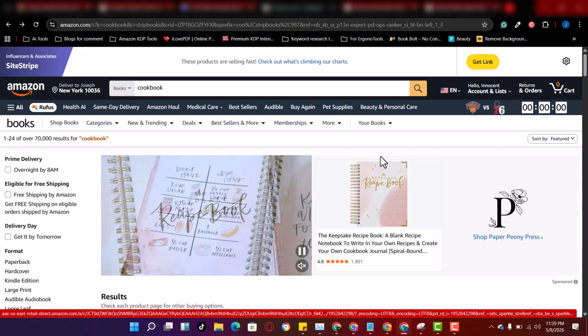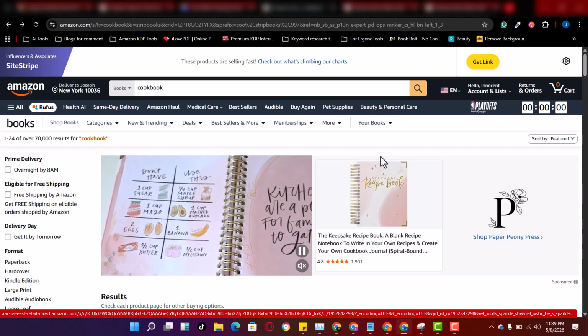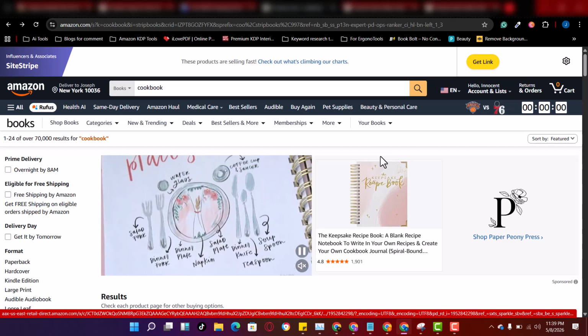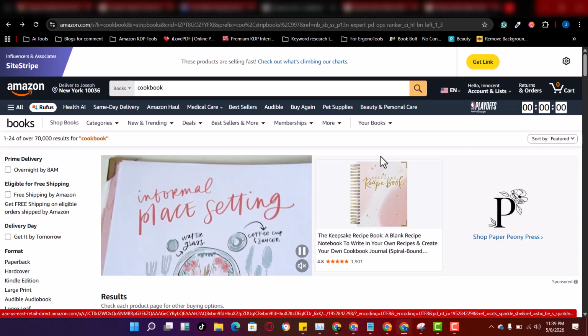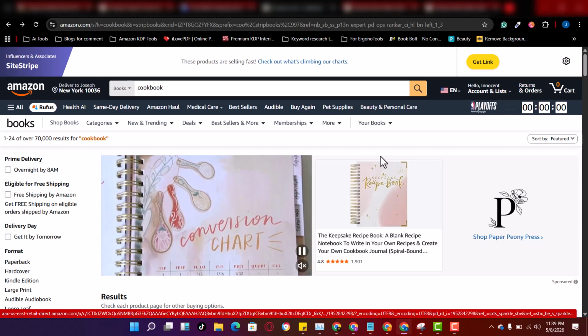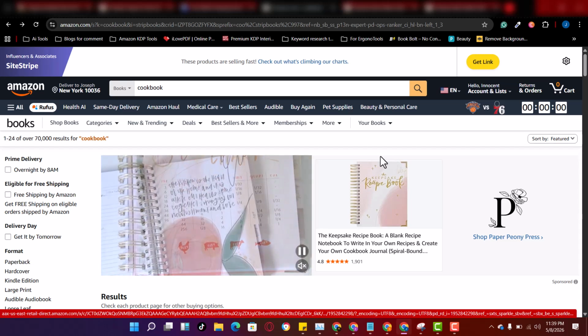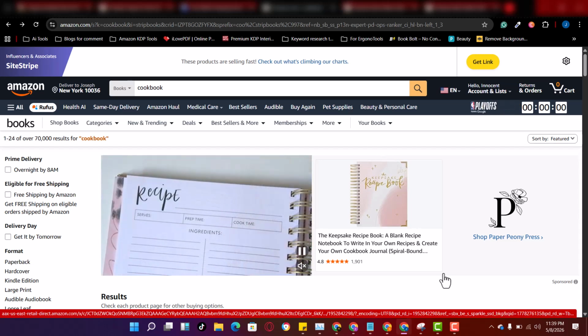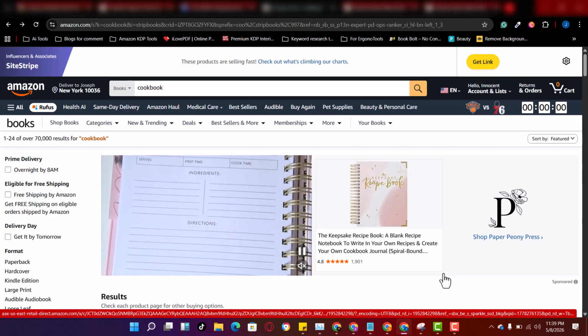You're going to need Canva or Photoshop. If you know how to use Photoshop, you can use Photoshop. If you don't know how to work with Photoshop, you can use Canva. You also need some AI tools like ChatGPT, DeepSeek, and all of that. Then you must have proper research skill. You must know how to research. That is the key to becoming successful on Amazon.